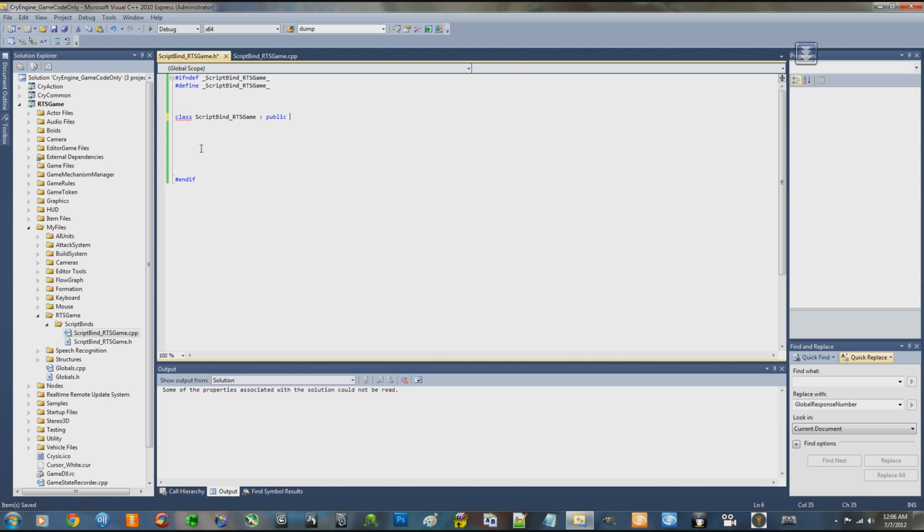So basically what deriving is, if you don't know already, which you should by now if you're doing ScriptBinds, is you're saying I have a new class, ScriptBind_RTSGame, and I want to take all of the functionality from the original. So basically I want to copy and paste all of the stuff from one class into my new class, that way I don't have to rewrite all the functions that already exist. We're just taking a class and adding a little extra stuff to it. So public, and the class we need to derive from is